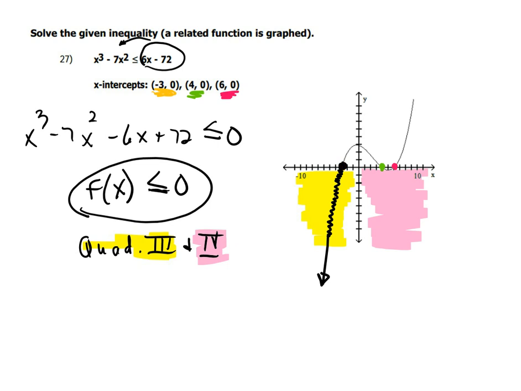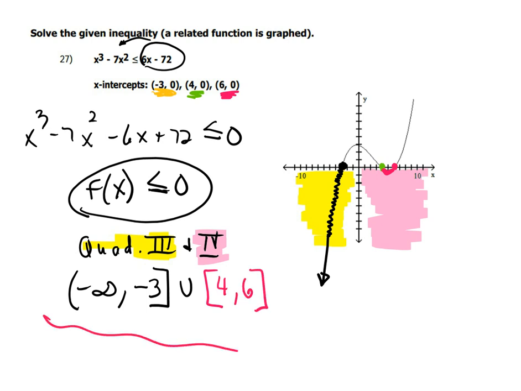So for quadrant 3, we're looking at from -infinity up to the -3 and including it, and then union that with, it's a little harder to see, so I'm going to put it in pink, just this little piece right here between the green dot and the pink dot, just that little curve, which is in quadrant 4. And it isn't equal to, so I need brackets, between the 4 and the 6. And so this is my answer